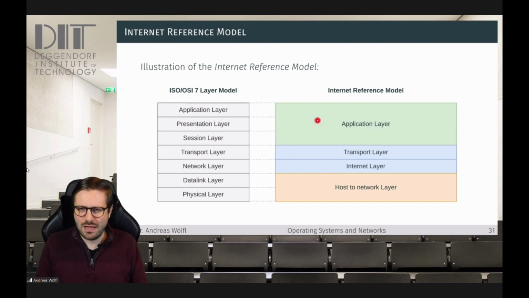So every task like encryption, decryption, or taking care about a session, a context, is either done in the transport layer or in the application layer. So the application layer takes over the job of the presentation and the session layer. So the internet reference model, taking this into consideration, merges the top 3 layers into the application layer. Then transport and network,